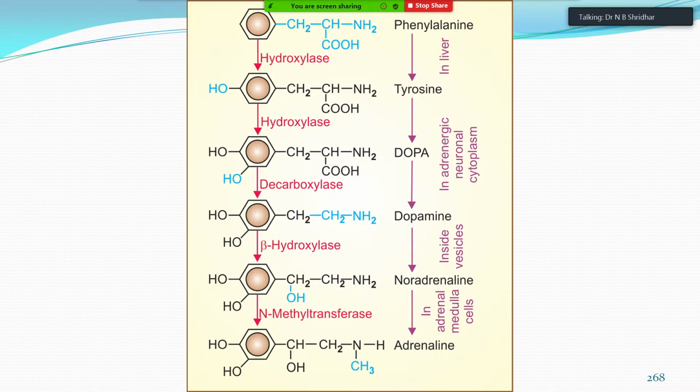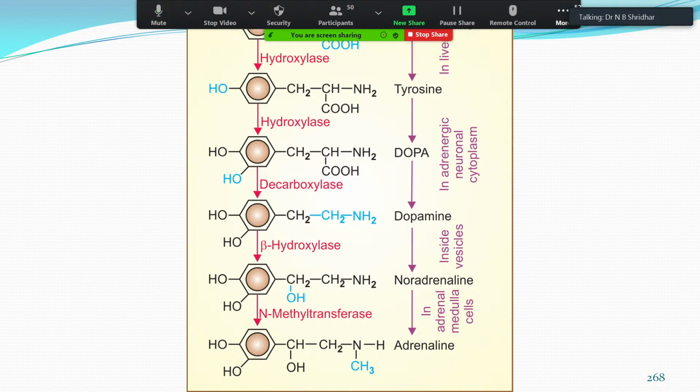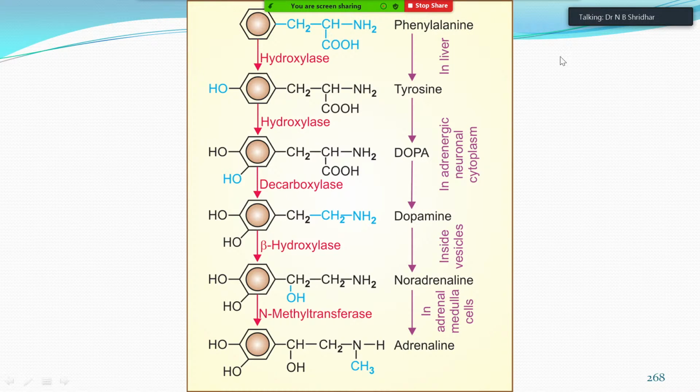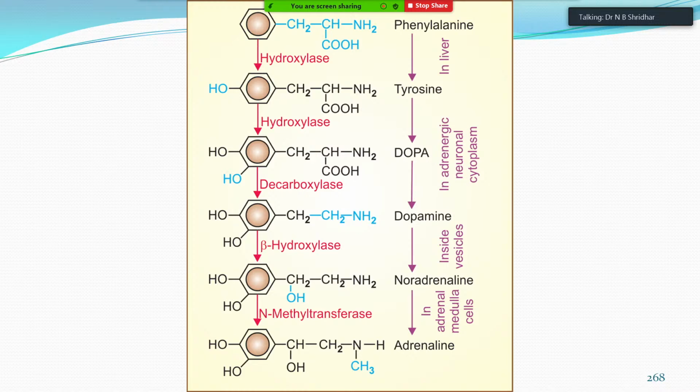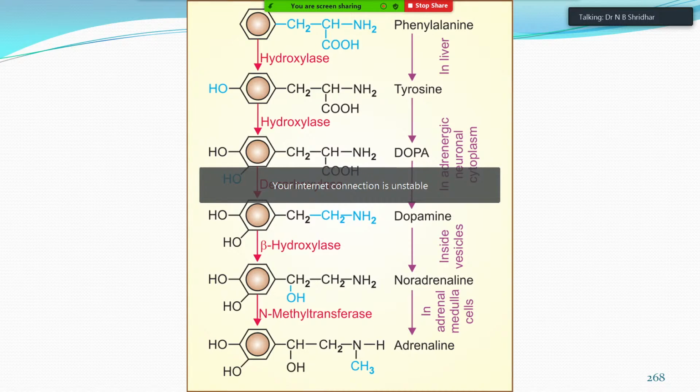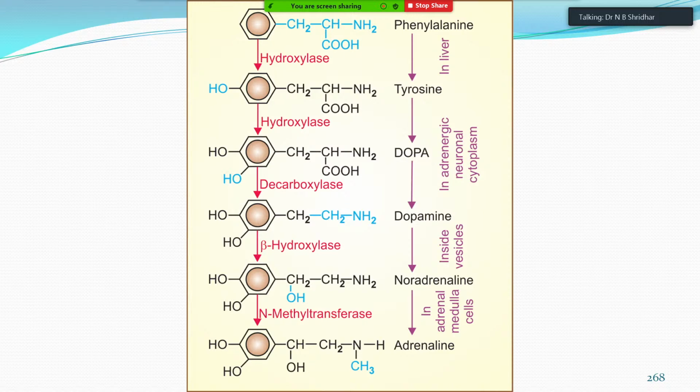Yesterday we will recall this, because these steps of synthesis of norepinephrine and epinephrine, from dopa to dopamine, are always very important. Hence we will learn them very carefully. So tyrosine, you know the structure of this tyrosine, and phenylalanine in the liver is converted to tyrosine with the help of the hydroxylase enzyme. Dopamine beta hydroxylase, and tyrosine with tyrosine hydroxylase